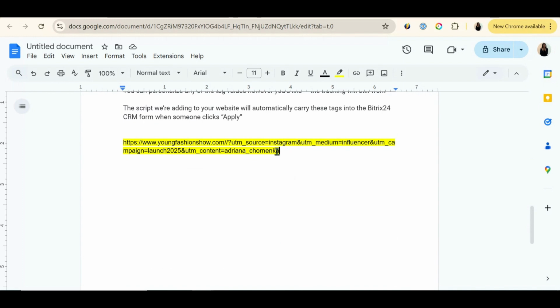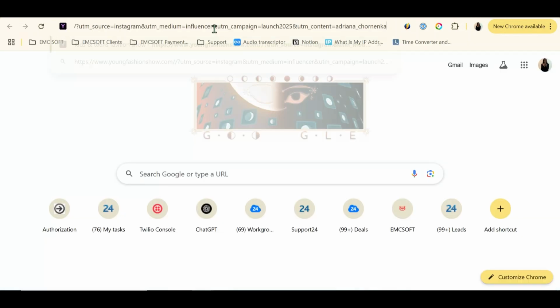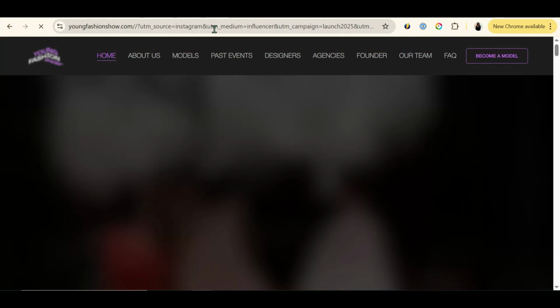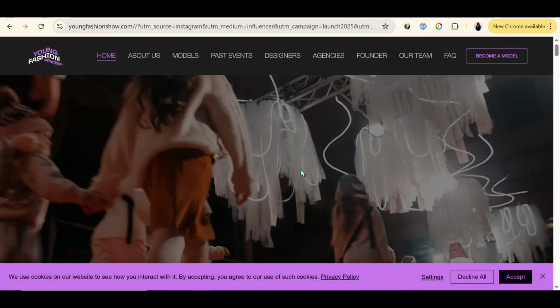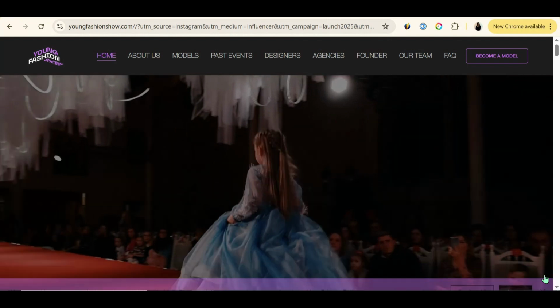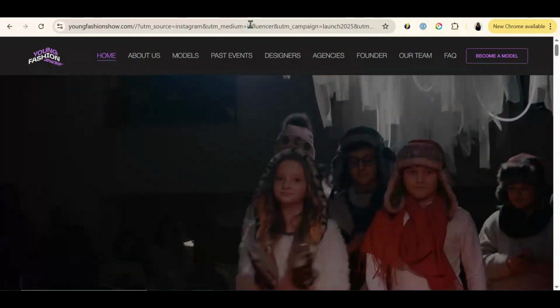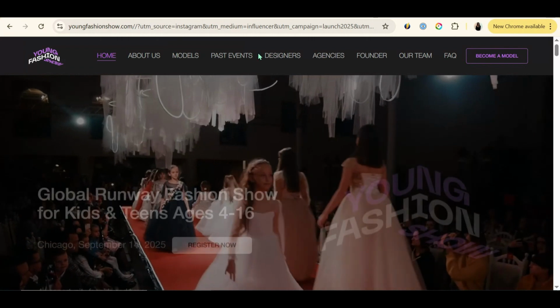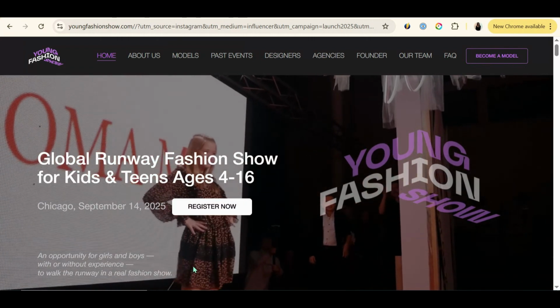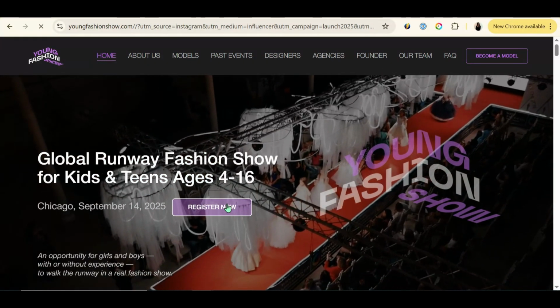Okay, so once we're ready, we're going to copy this website link, and we're going to open it so that we can show you the example. So here our script, what it does is it's going to copy the UTM tags that we have here on the original website link into the CRM form link, and I'll show you in just a minute. So if I click on register now,